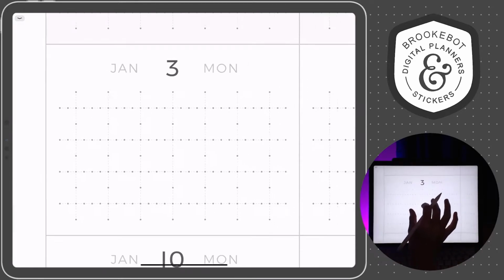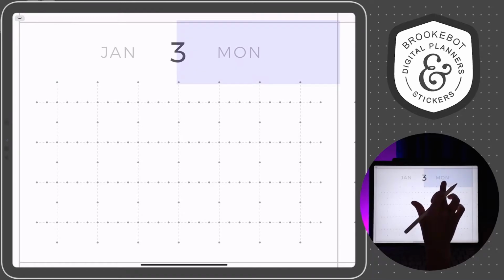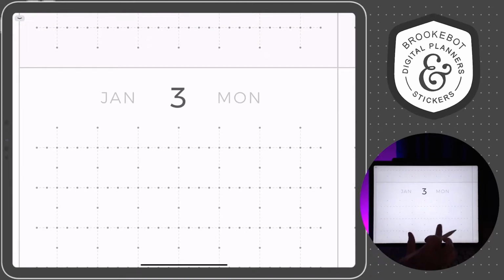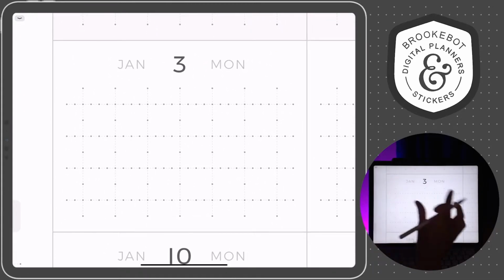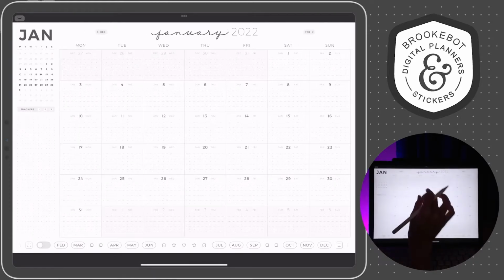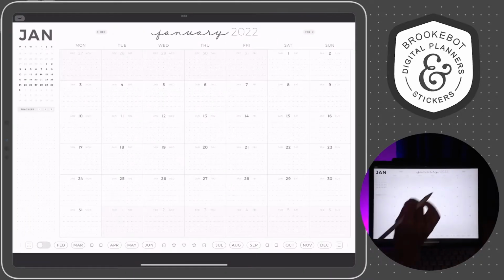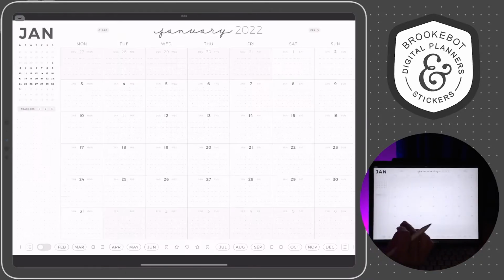If you are zoomed in, that's the cool thing about digital planners, you can zoom in. And I have found that when I'm zoomed in working in a particular area, I get lost sometimes. So I added the month and the day on each side of the date. That way, if you're working between multiple months and you're zooming in a lot, you don't always have to zoom out and zoom in to see where you're at within the calendar or see what day you're on. So that helps you out with that.